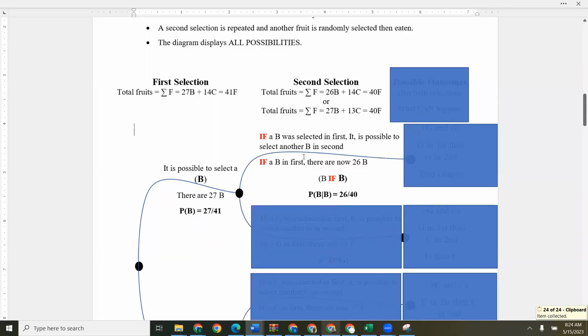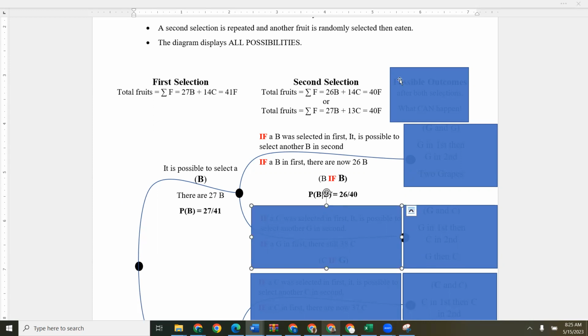So therefore, if a berry was selected in the first, there are not 26 berries when she comes to select. So the probability of a berry, if it was a berry she selected in the first, is 26 out of 40. But she could select a cherry if it was a berry she selected in the first. But if it's a berry she has selected in the first, there will still be 14 cherries left when she comes to select again. So we are going to analyze a cherry if berry